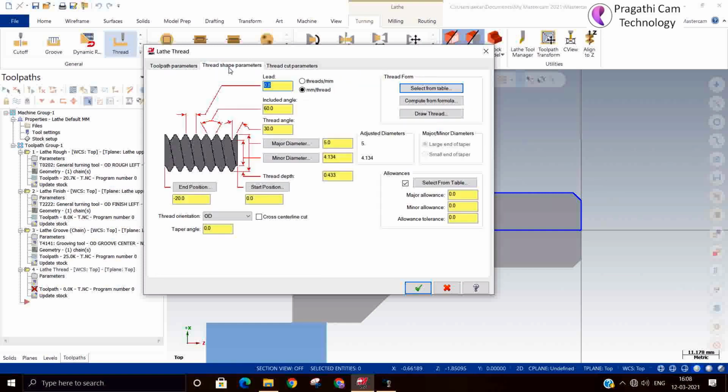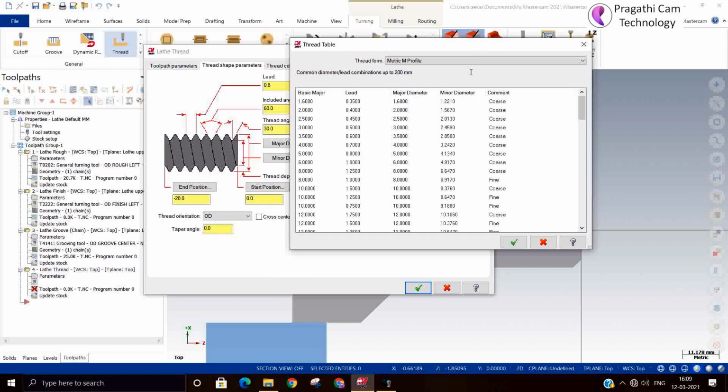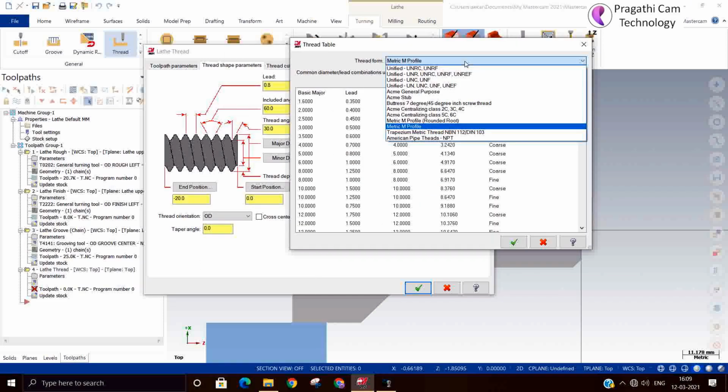Here you can give your lead and included angle. You can give major dia and minor dia. Otherwise, you can select from the table. All the thread details are available.